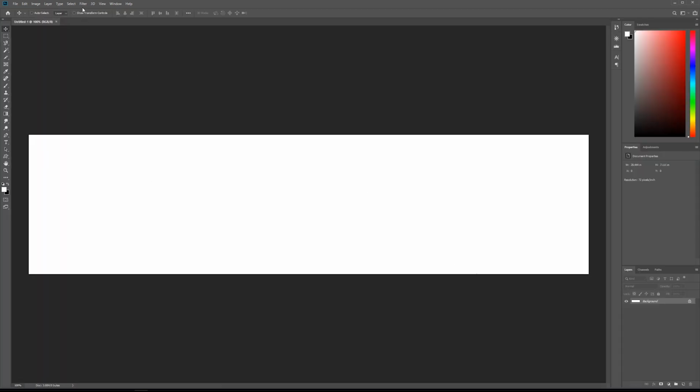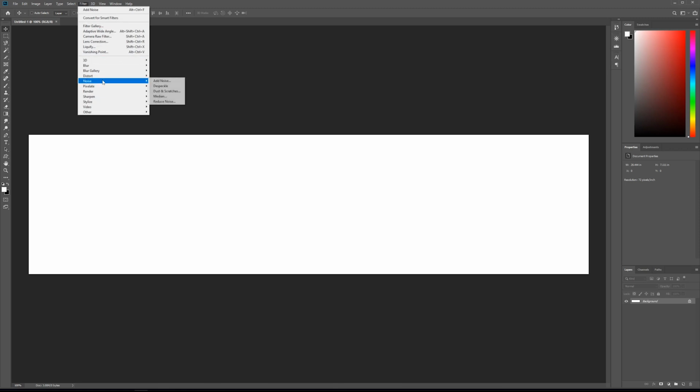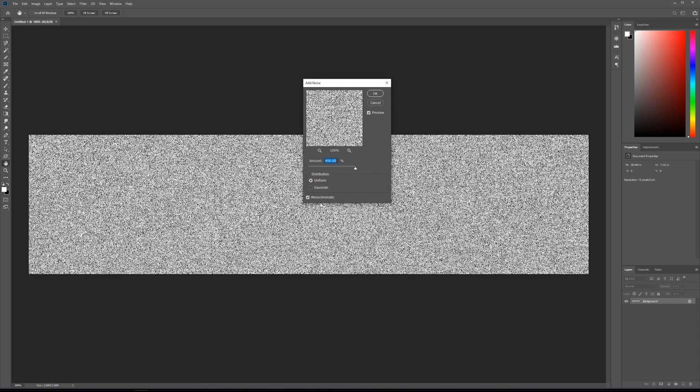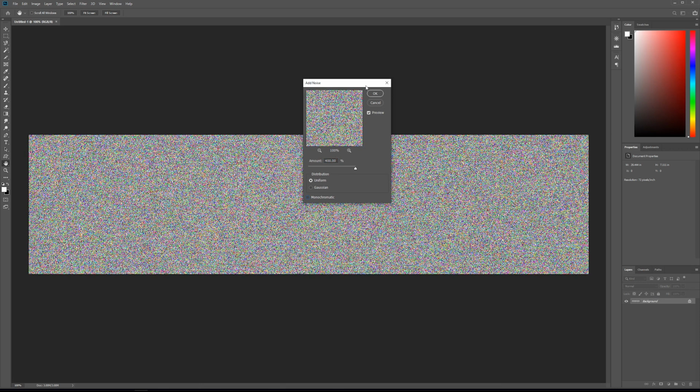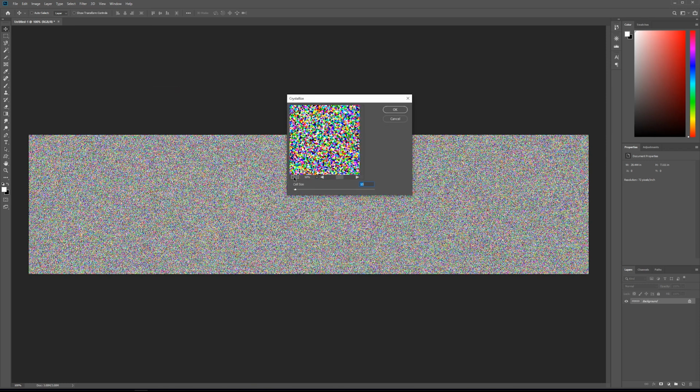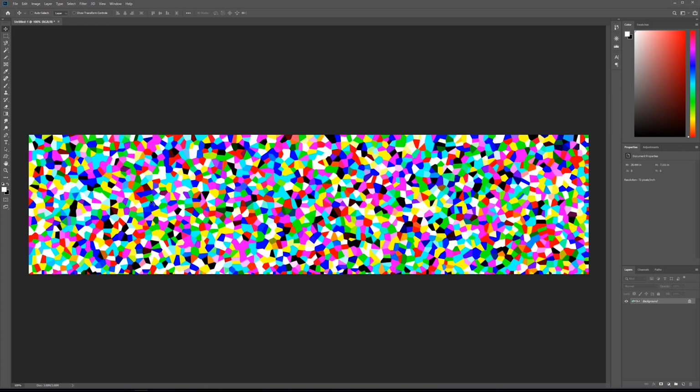This will be fine. Next, we'll go to Filter, Noise, Add Noise. Now I'm going to crank the noise all the way up, and then I'm going to turn off monochromatic so there's some color in there, and then click OK. Then we're going up to Filter, Pixelate, Crystallize. If you zoom out here so you can see the whole canvas, this is going to be how many pieces you could potentially have inside of Element 3D. So the more pieces you have, the slower this is going to be, but the more detailed your shattering will be, essentially. That's going to be pretty good. We'll say okay, there's quite a few pieces here.